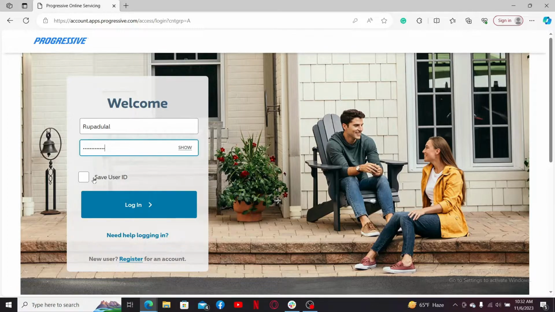click on this little Save User ID box if you are using a private device. But if you're using a public device to log into your Progressive insurance account, leave this box unchecked before logging in. After filling in your credentials, you can click the login button, but if you're having trouble remembering your password,